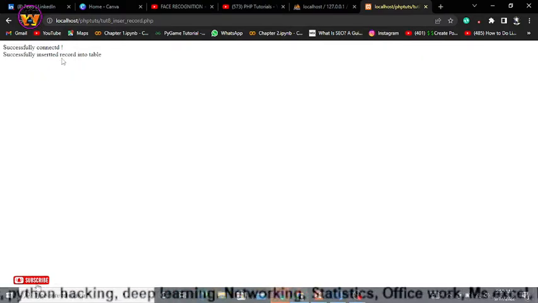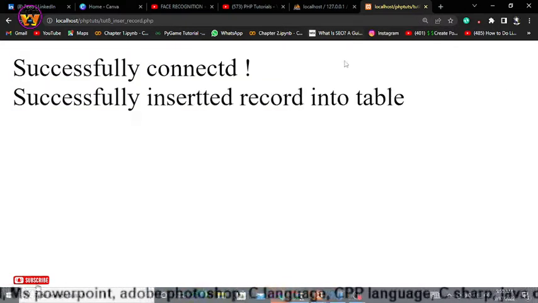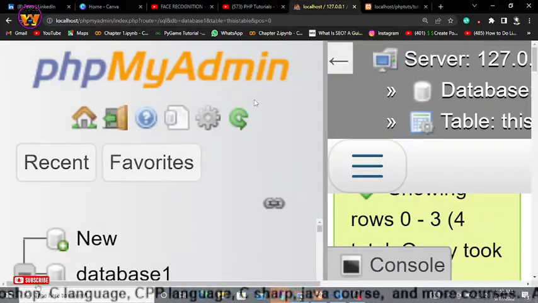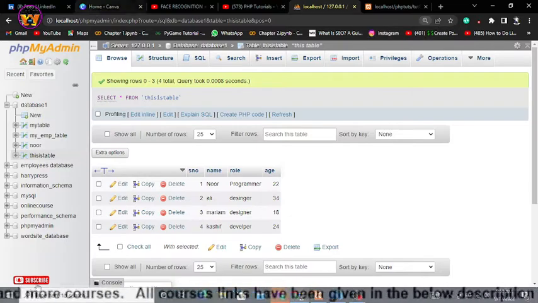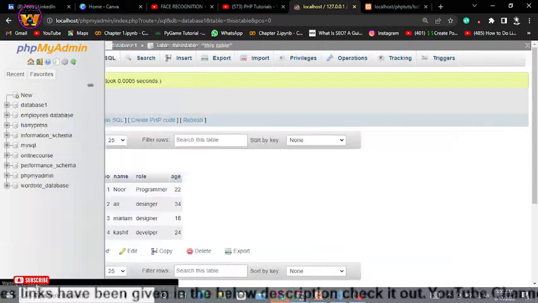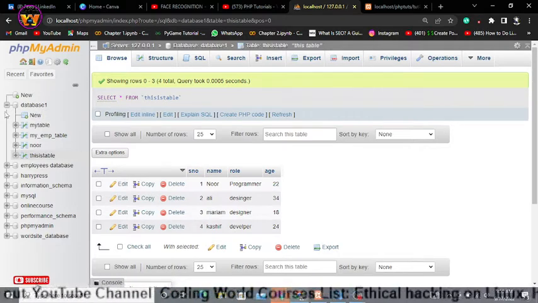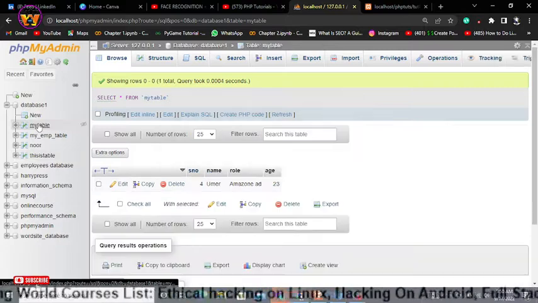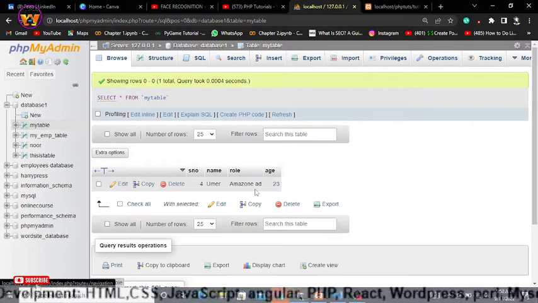As you can see, successfully inserted record into table. Let me zoom in. Now go to your phpMyAdmin and reload, and we will see what will happen. After reloading, as you can see, this one, my table. We have inserted Umar Amazon, but before creating this video, I had inserted 3 records within